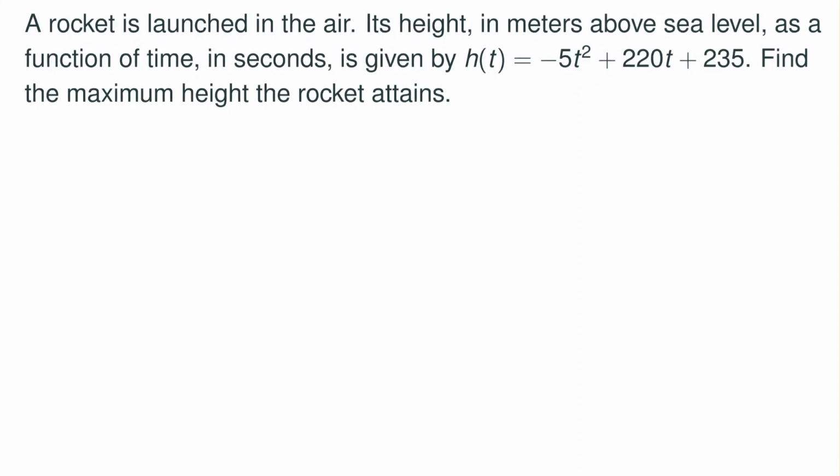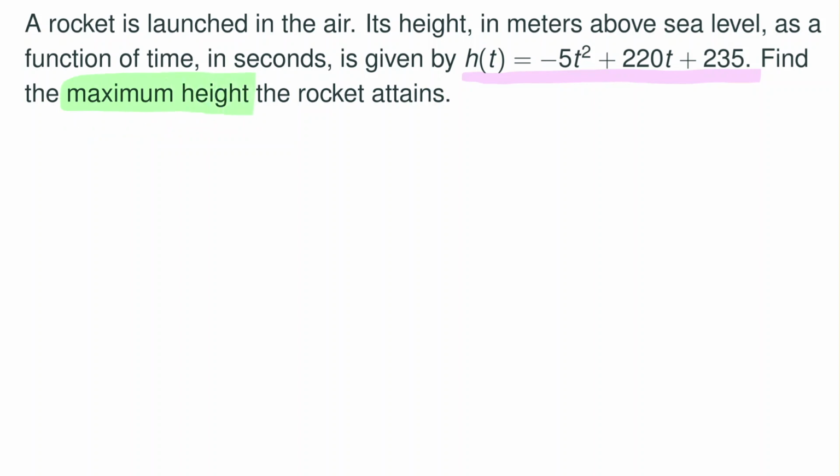A rocket is launched in the air. Its height in meters above the sea level as a function of time in seconds is given by this function right here. H of t equals negative 5t squared plus 220t plus 235. Find the maximum height of the rocket